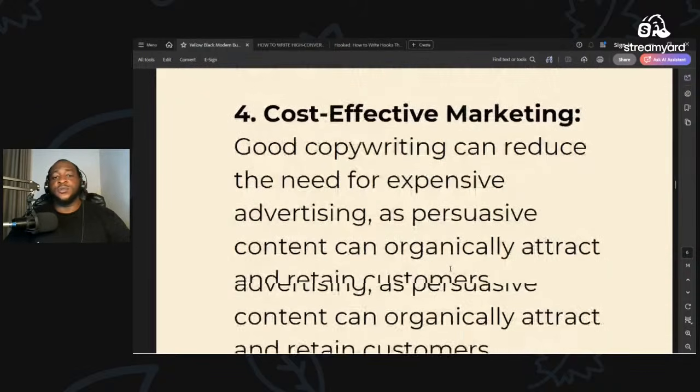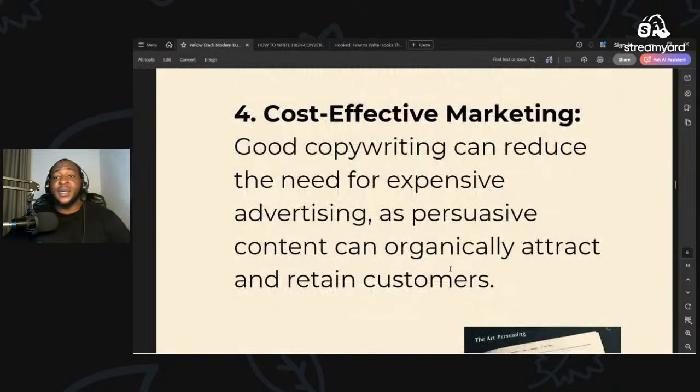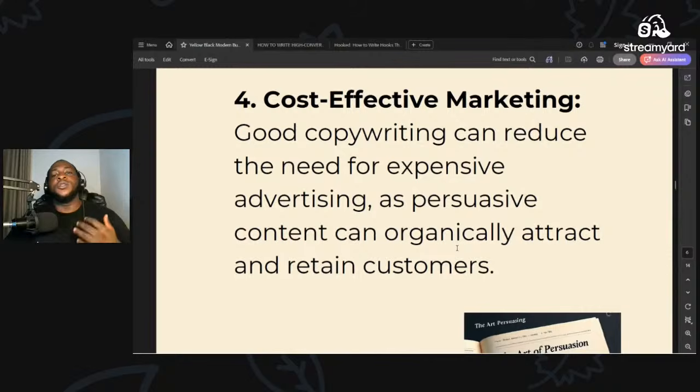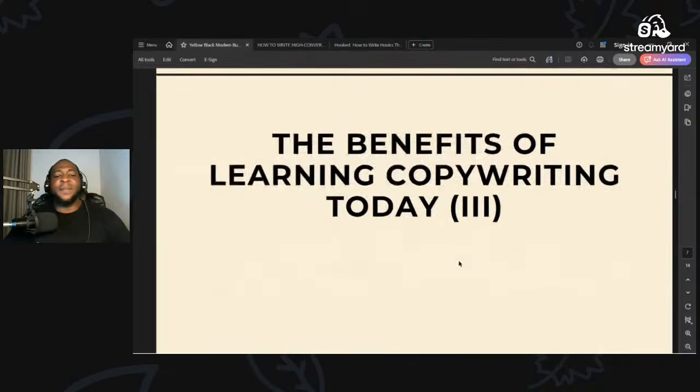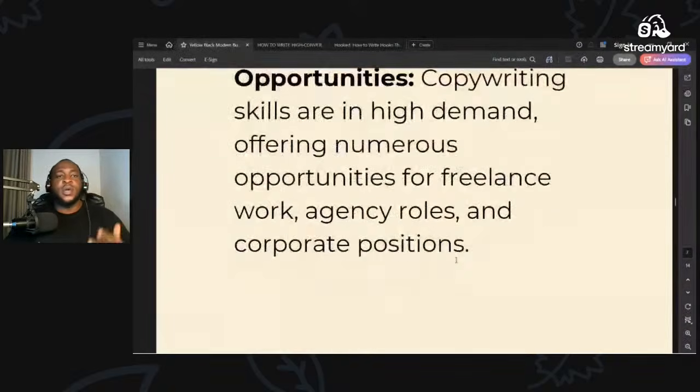Another thing copywriting will do is that it's cost-effective marketing. Once you can market well, it will reduce the cost of your advertisement. So if you're supposed to be spending 100 naira or 500 naira to acquire one customer, once you can market well, it will reduce the cost of advertising. That means you can now use 200 or 250 naira to attract one customer, and the 500 naira you used to use before, you make two times of that money. For some people that run ads or sell online, you understand the mathematics. So that is it. Another benefit is that it enhances your career opportunities.